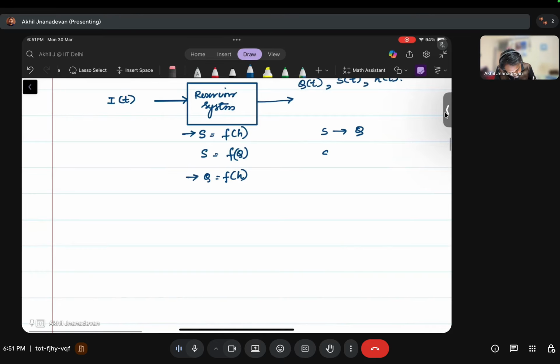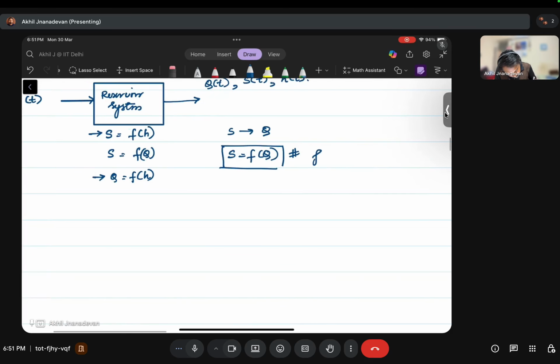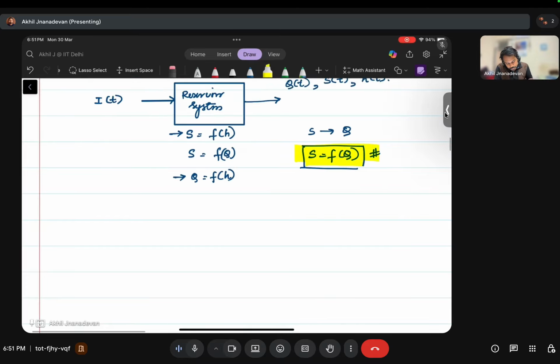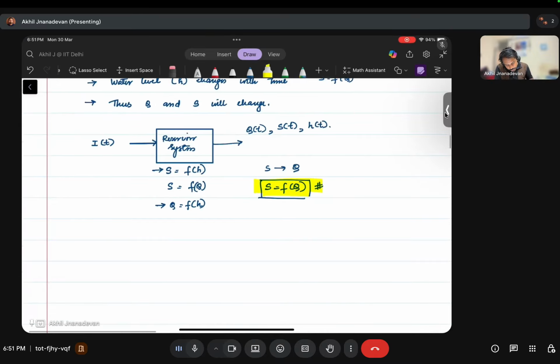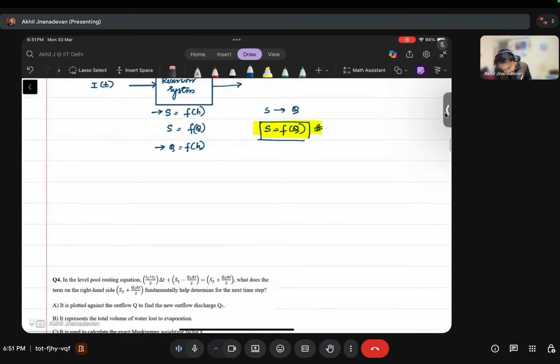We know S is a function of Q in the case of a reservoir system. So this relation is very important for flow routing, for reservoir routing. Very important for reservoir routing, this particular expression. Now we come to this relationship, S is equal to F of Q, which can be of